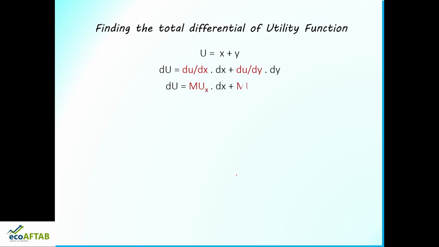आगे बढ़ के देखेंगे, हमें एक चीज पता है, du by dx मतलब क्या, it is marginal utility of x, change in x commodity. x commodity जैसे ही हम इंक्रीज कर रहे हैं उसकी वजह से कितनी यूटिलिटी चेंज हो रही है, that is marginal utility of x. और वैसे du by dy मतलब y commodity हम इंक्रीज करेंगे कंजम्पशन, तो उसकी वजह से कितना मार्जिनल यूटिलिटी चेंज हो रहा है, that becomes du by dy.